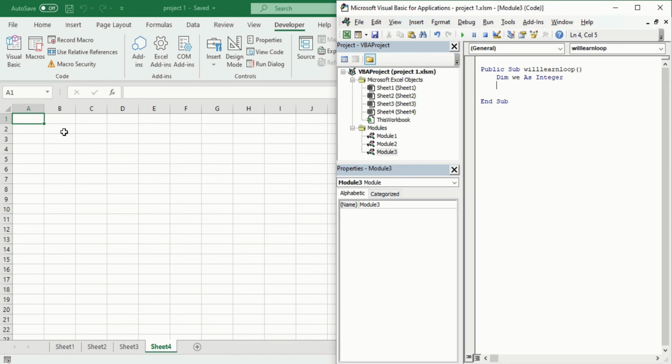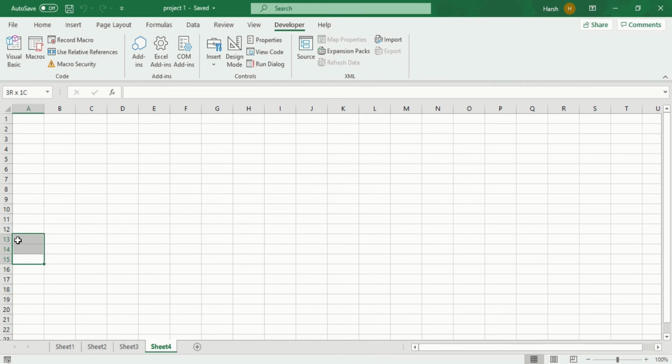As an example today, I will create 15 values, each with certain digits. If the value is less than 10, it won't change the cell background, and if it is greater than 10, it will change the background to red, or any RGB color you can choose.